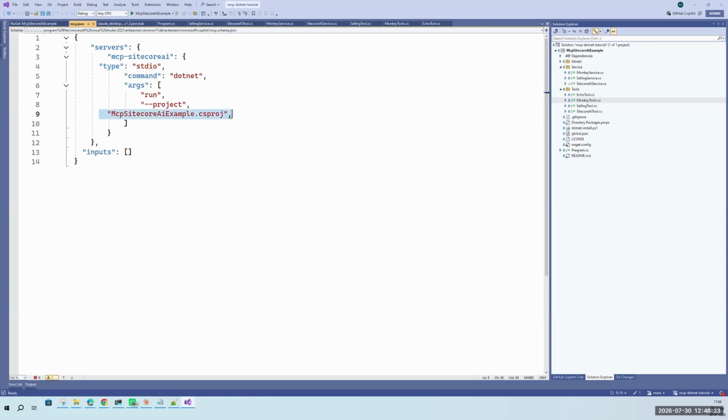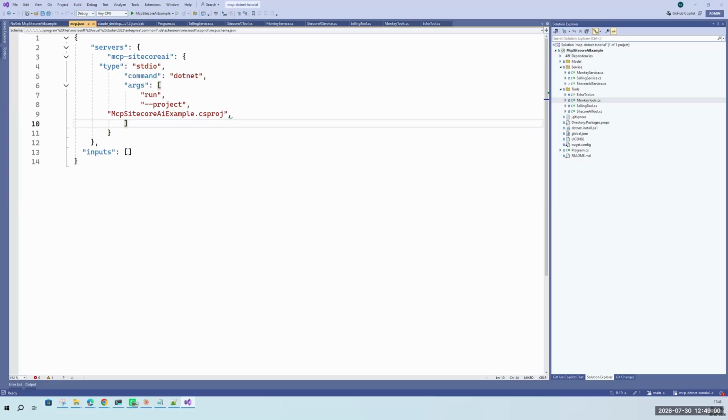And also I am running from this solution itself, so that's why I'm giving the relative path, the name of the solution's CS project. Whenever you are utilizing these .NET MCP tools, you don't need to run anything by yourself, like how we used to run the batch job or those things. You just need to define it here. Whenever you start the tool, it will automatically build and compile in the background and be used. So you don't need to run it from here. Automatically it will be running in the background.